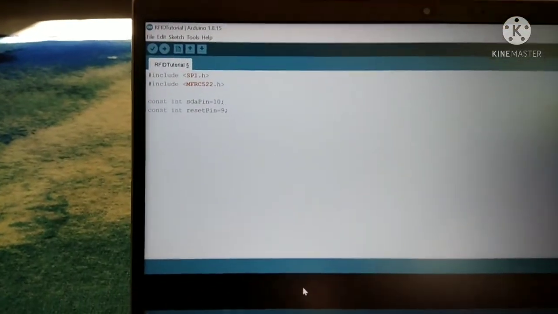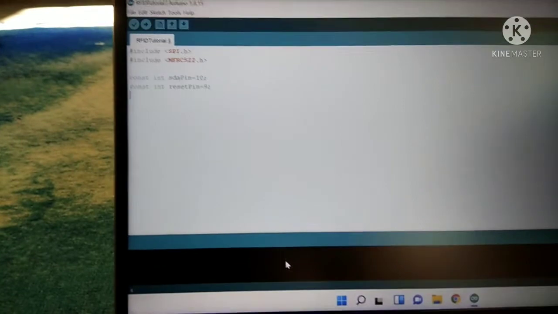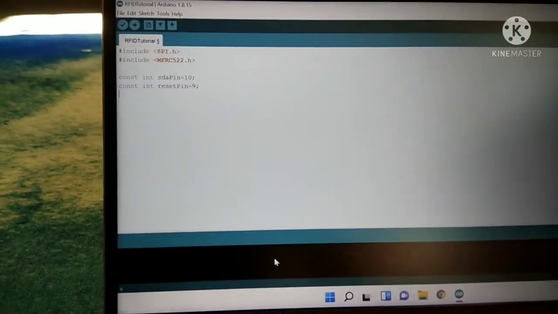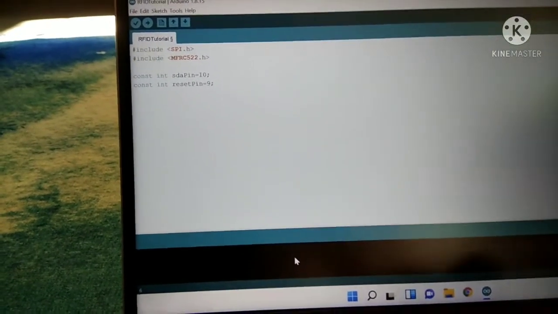And now we will make an object. If you have seen my previous video, I have told you that whenever we are adding any library, 99.9% of the time we need to create an object regarding it.